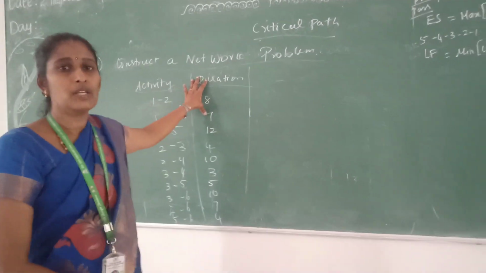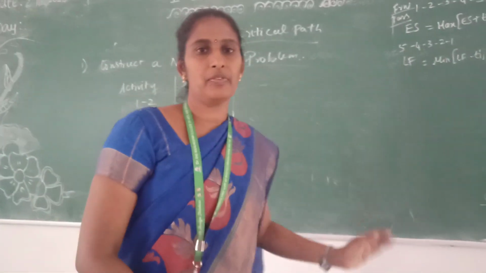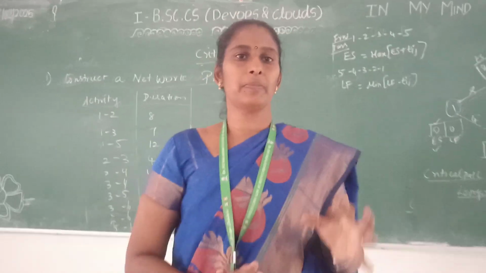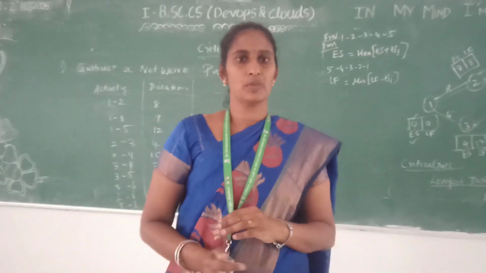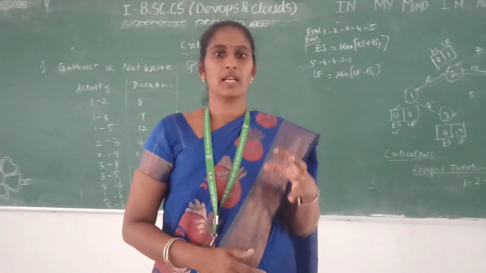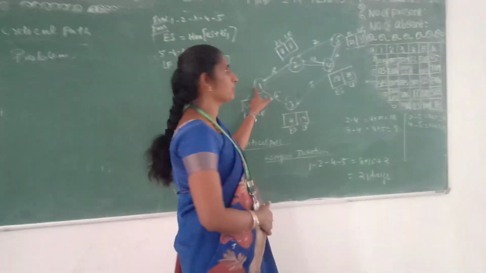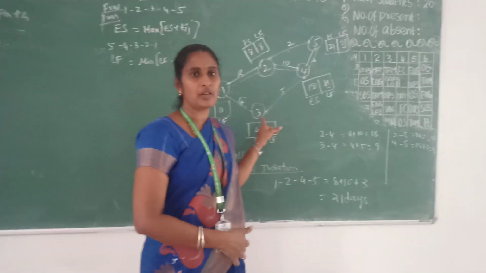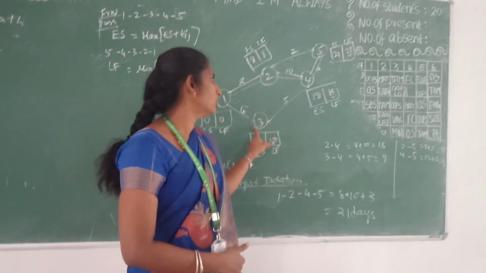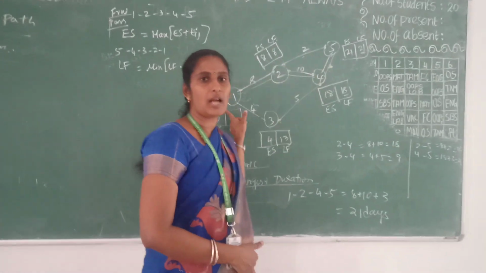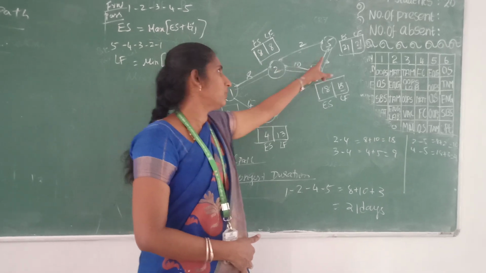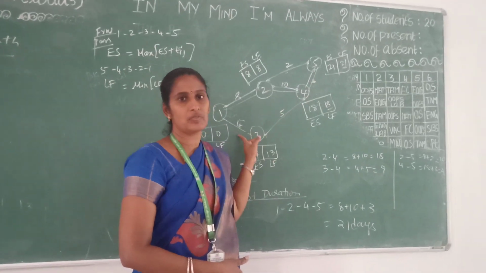case study problem. So first, for example, if you want to start from the college, there is a network out there. Like this network, we are going out from 1 to 2. We have a lot of networks: 1, 2, 3, 4, 5. Starting from 1, to reach 5 we have a lot of networks.